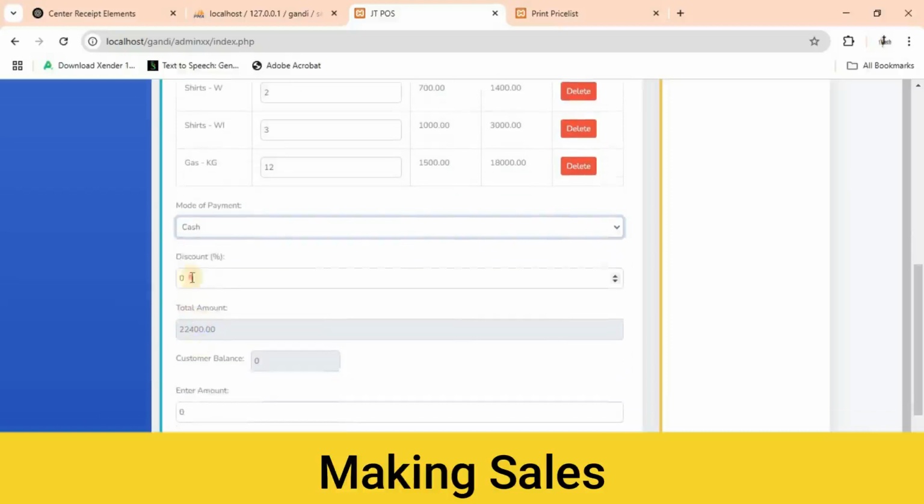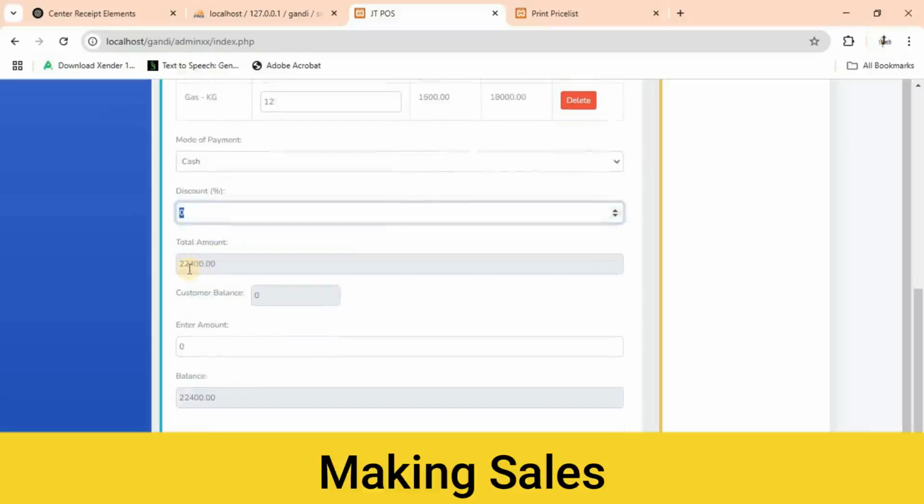Are we giving this customer a discount? If we are giving a discount, you're going to see that it is going to reflect on the sales. So the total amount of money this customer is to pay is 22,400. If we give this customer a discount of 5%, it's going to subtract that from the total amount this customer is going to be paying. So this is an automated system. Once you enter the discount, if it is a 10% discount, it's going to subtract that from the money the customer is paying. But now we're not giving this customer any discount, so we're going back to the default price, which is